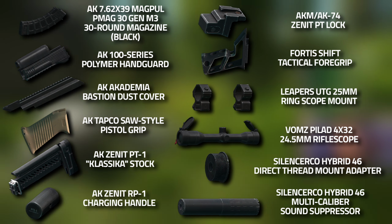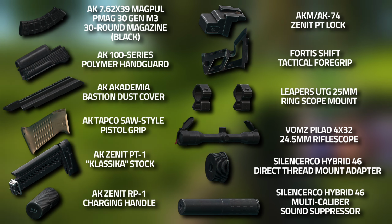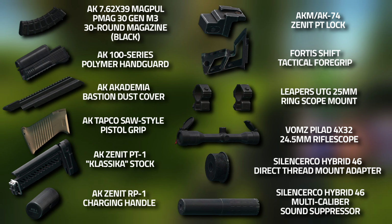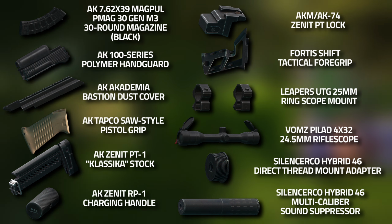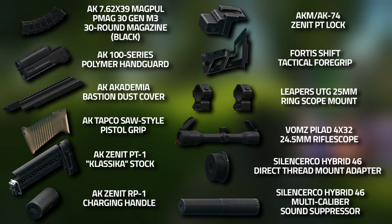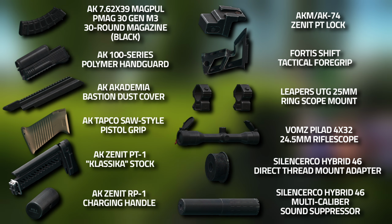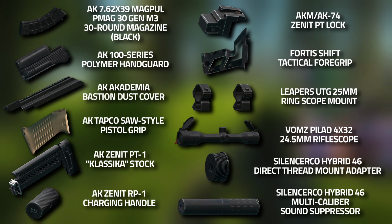And now for the full parts list. We're going to get the AK PMAG 30 Gen M3 round magazine. It needs to be the black variant. An AK 100 series polymer handguard. An AK Bastion dust cover. The AK TAPCO SAW-Style pistol grip. An AK Zenit RP-1 Klassika stock, a Zenit RP-1 charge handle, an